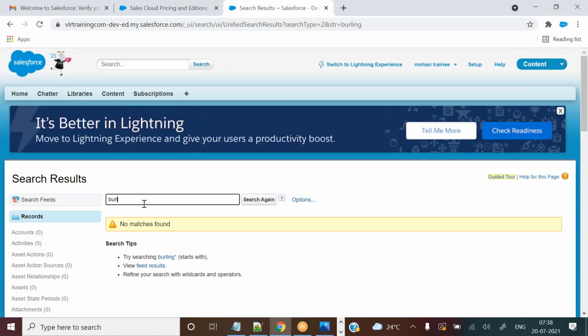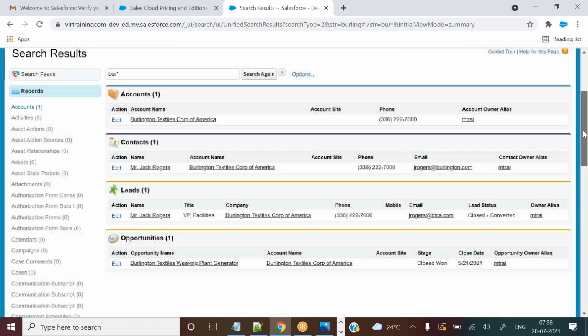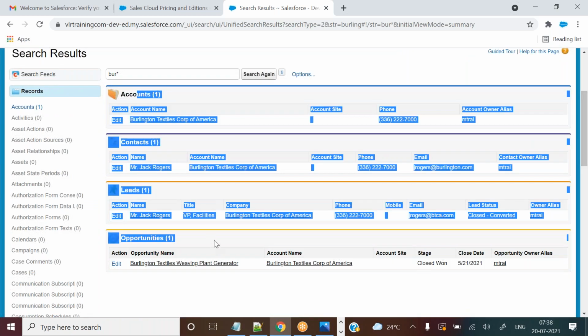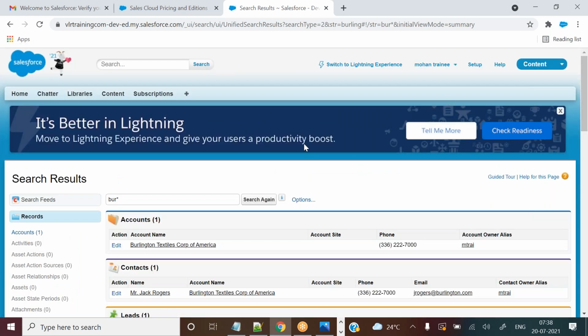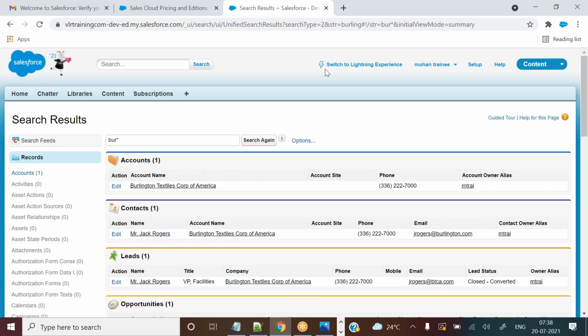Anything you can search like this here. Once you click on the search, you can see data. Right now remember this is data. The original name is records, but right now everyone knows the terminology data. Going forward you will understand easily what this data is. This is the global search, guys. Once you search here you can identify a lot of data. Going forward I will explain more about all these things. Right now just see it like this.